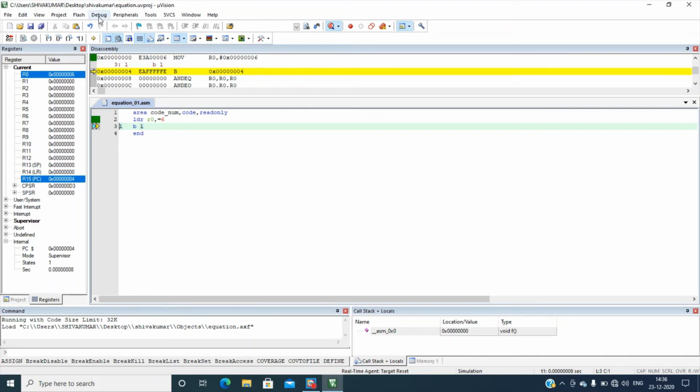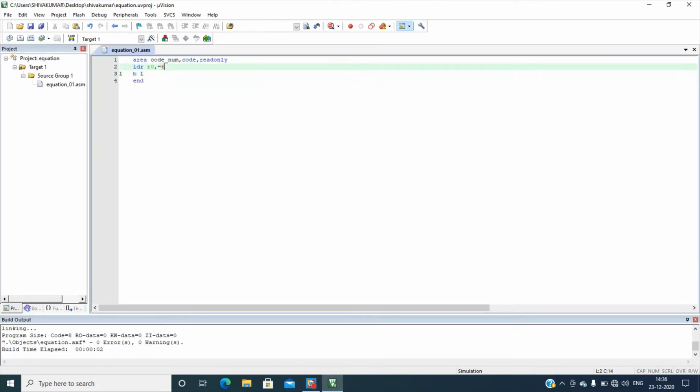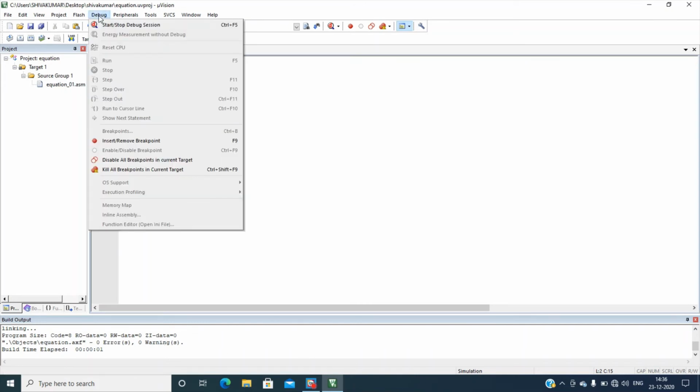Now stop the debug session, and then load this R0 with the value 10. Save it, because after editing I have to save. Then build. You can see 0 errors and 0 warnings. Again go to the debug session.